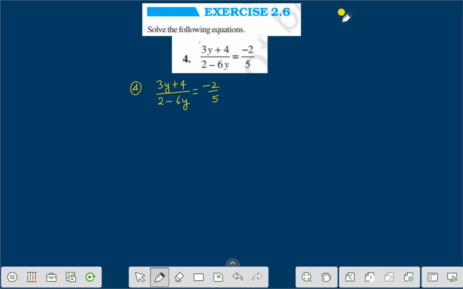We know that if a/b is equal to c/d, then we can write a into d is equal to b into c. We will apply this formula here. That is, this part will be multiplied by 5 and this part will be multiplied with -2. Therefore, it can be written as 5 into (3y + 4) is equal to -2 into (2 - 6y),